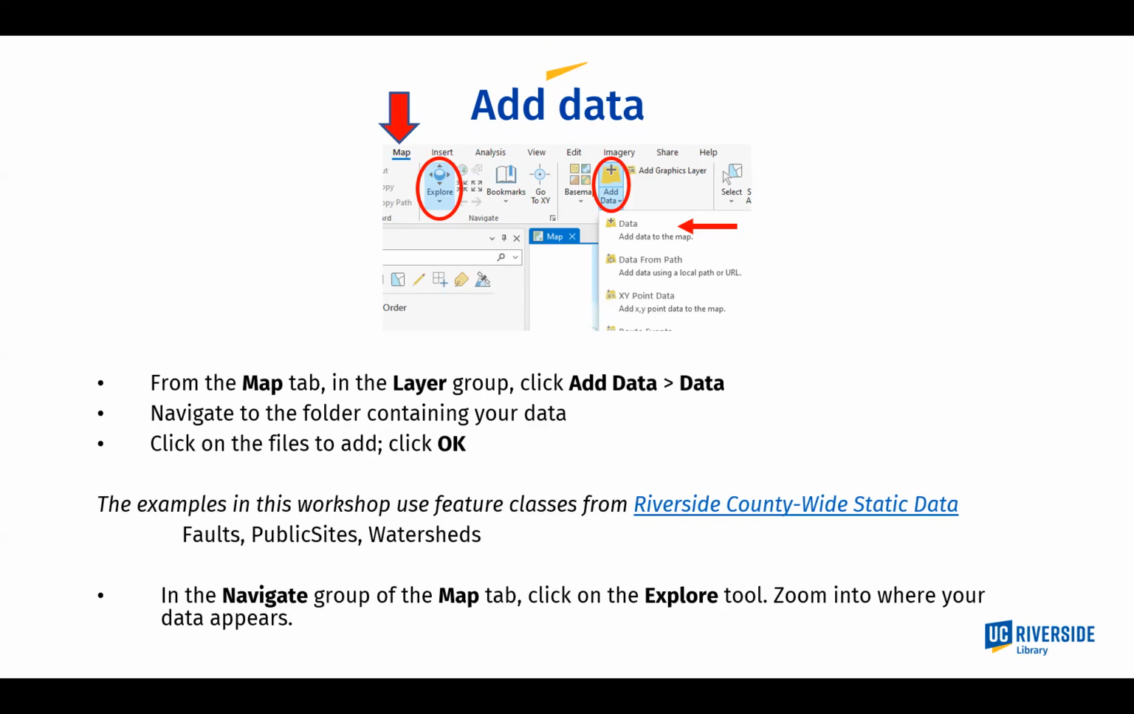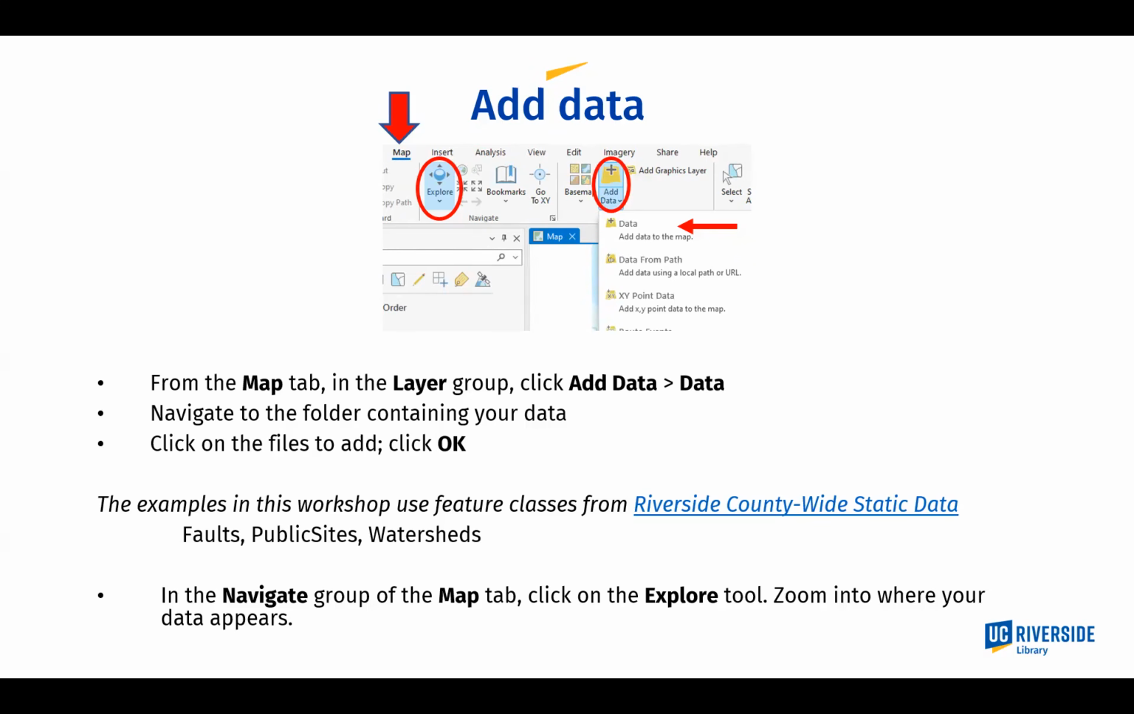And what I've done is pull out one feature class that's a line, which is faults, a feature class that is points, which is public sites, and then guess what? A feature class that is polygons, and that's watersheds. So once you have loaded in your data, whatever it's going to be,